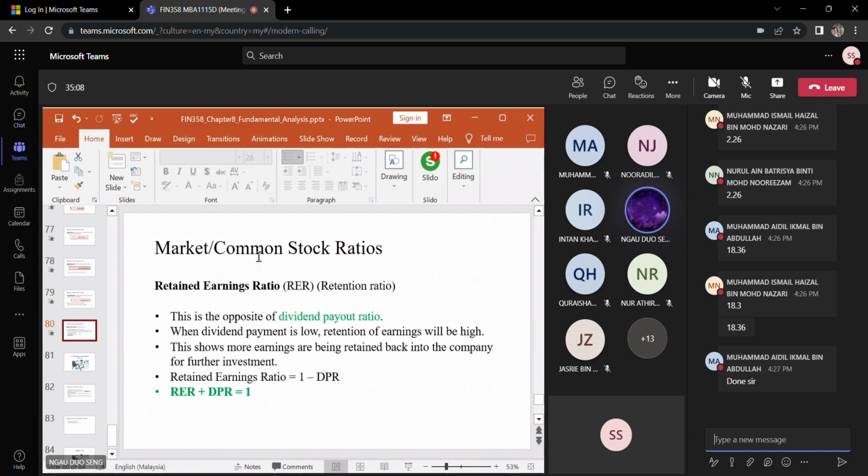Then we have the retained earning ratio, atau retention ratio. So this is the opposite, right, of the dividend payout ratio. When we say opposite, right,